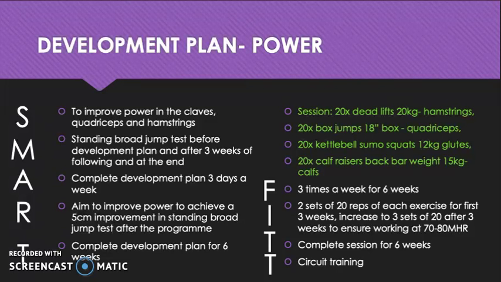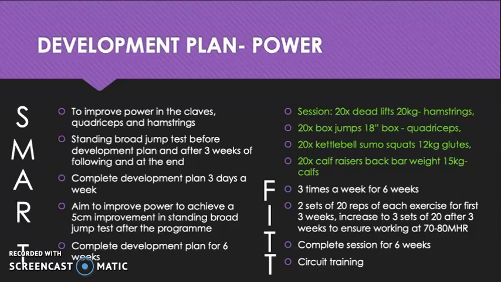The target is measurable because I'll be using the standing broad jump test before and after the development plan has been done. All the athlete needs to do is just improve her score from the latter. The target is agreed upon because she's agreed to follow the plan as well as the other ones for 3 days a week for 6 weeks. The target's realistic in terms of the athlete only needing to improve her score by 5 centimetres. This is a realistic amount to increase it by after 6 weeks.